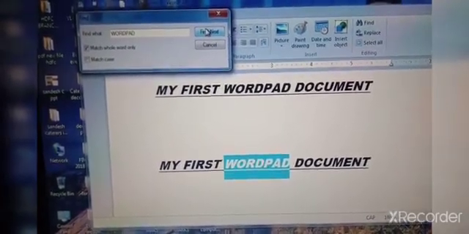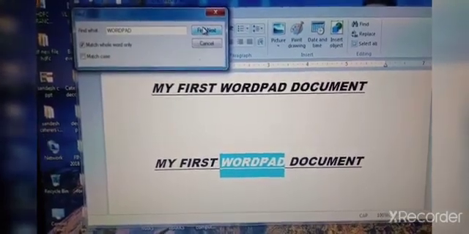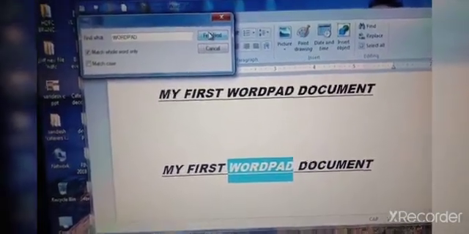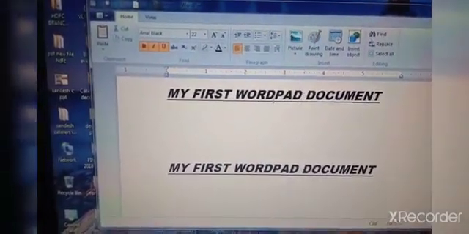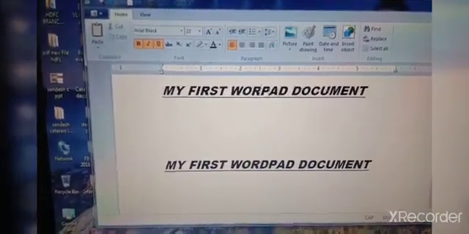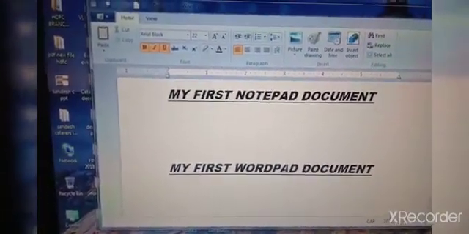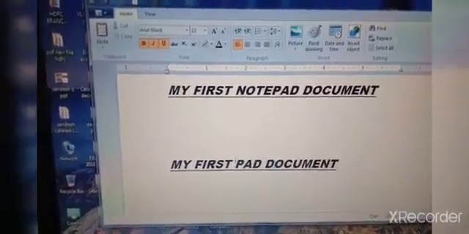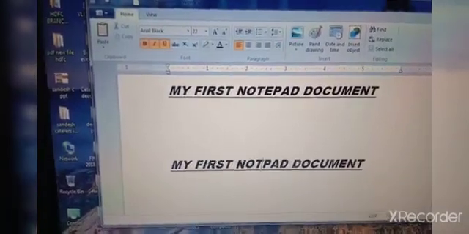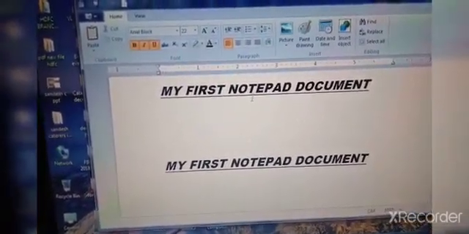Now children, I will show you find and replace. Here I will type notepad. Here also I will type notepad. And now I want to find this notepad and change it with WordPad.